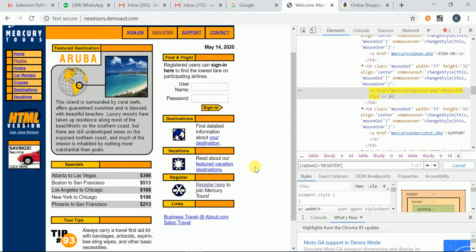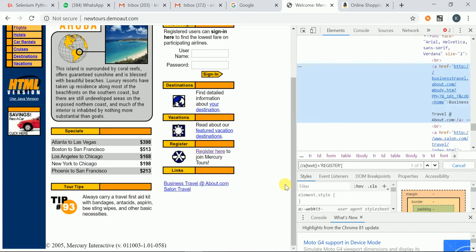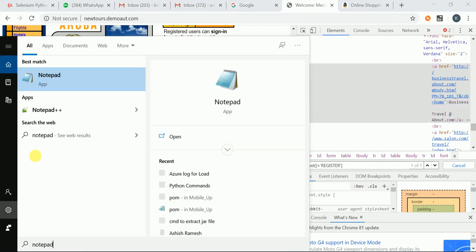Okay. Like this, business travel, some link is there. I want to identify this one. See here. Business, and after that a space, travel, about.com is there. But my requirement is, I want to identify this only by using business. I don't want to give the entire string.